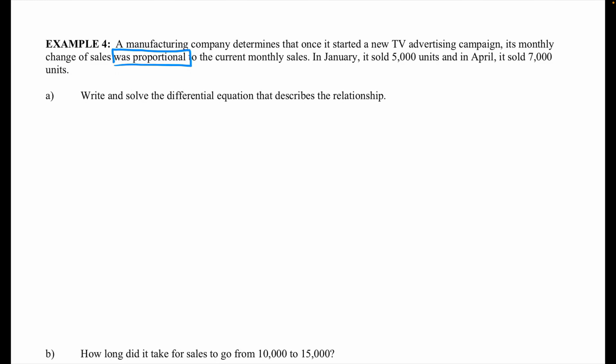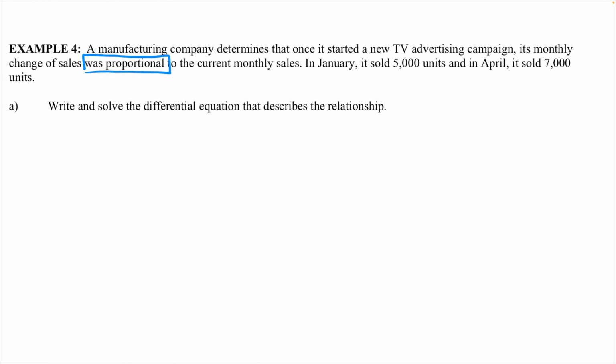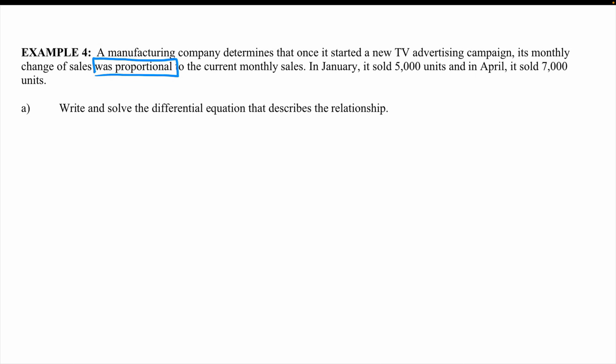Okay, so first thing, what are the two variables that we're comparing? Month, right? Time. And the units sold, right? Units are units sold. TVs, right? They're TV, or, I don't know, it doesn't say what it is, just as advertising. Yeah, so units, whatever they're selling. Okay? So time